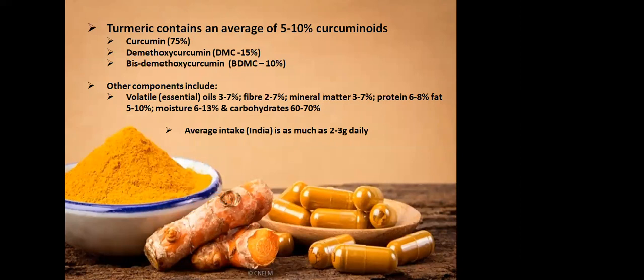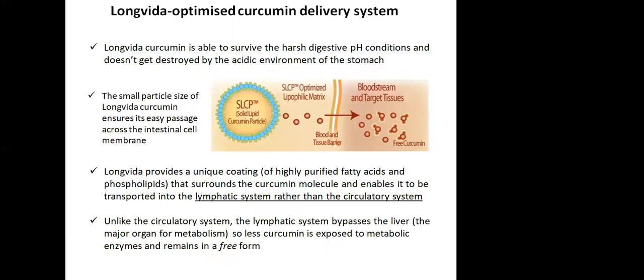Curcumin's been around for an awfully long time. And one of the issues with curcumin, obviously, as I've mentioned, is that the process of glucuronidation and sulfation by the intestines and liver tends to throw curcumin straight out of the system. So one of the best delivery systems, and this is the delivery system that we use, is Longvida optimized